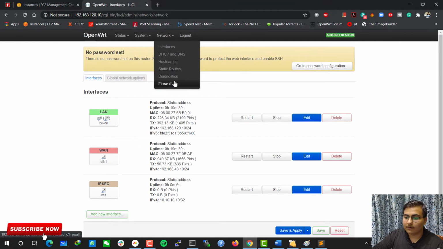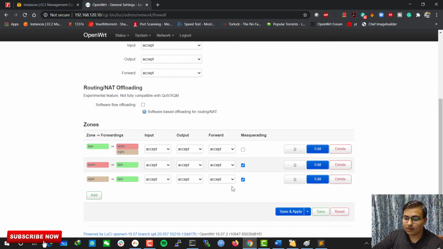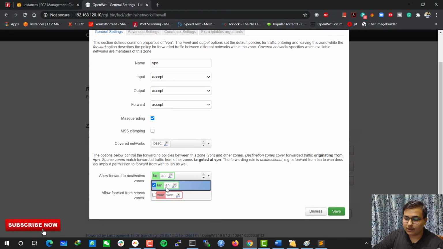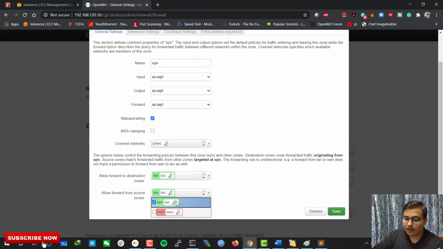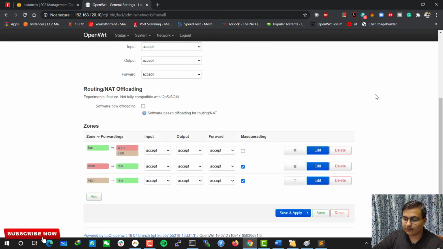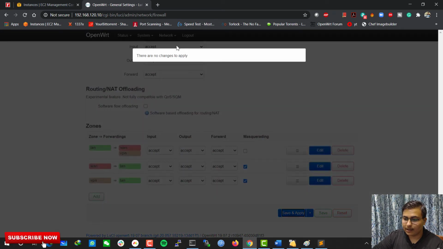Now in the network firewall section you have to edit this. In edit you just select the LAN interface and LAN interface below also, click on masquerading and just save. After save, hit save and apply.